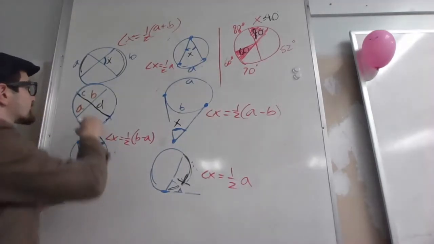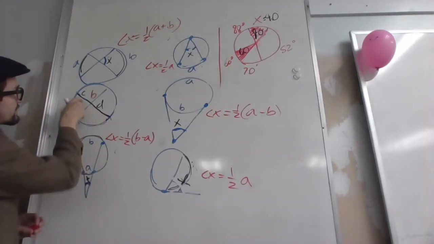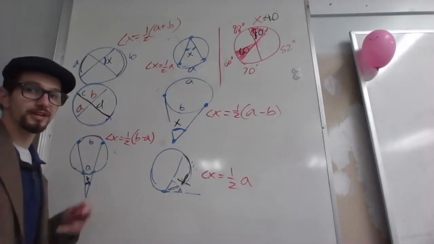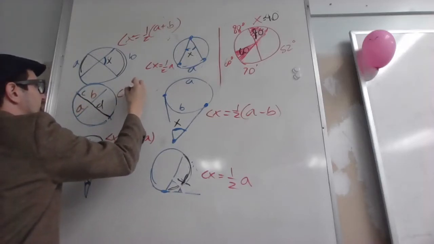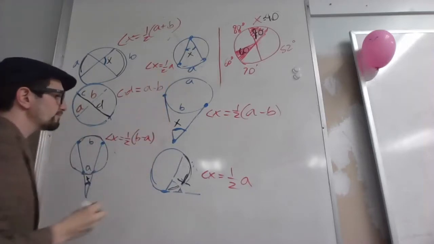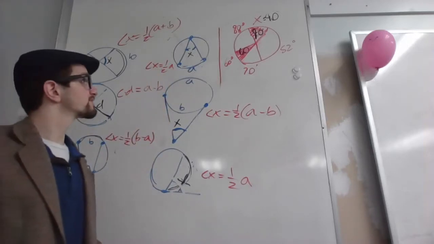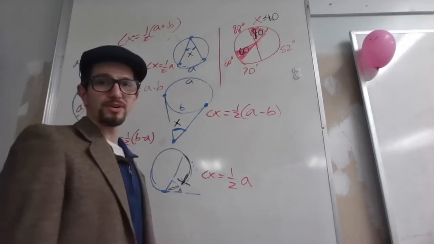The only one that's different is this one, where we would look at each chord, and the two letters that are relevant to each chord would be multiplied instead of equal to the other two. So for this one, C and D in black would be multiplied, equal to A and B in red, which are also multiplied. And we can use that to solve for any of our sides. Next, the only other type of equation, I'm going to erase this,